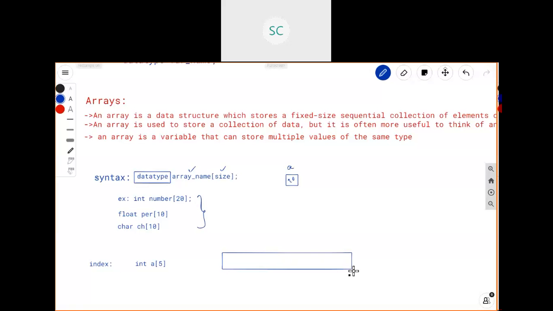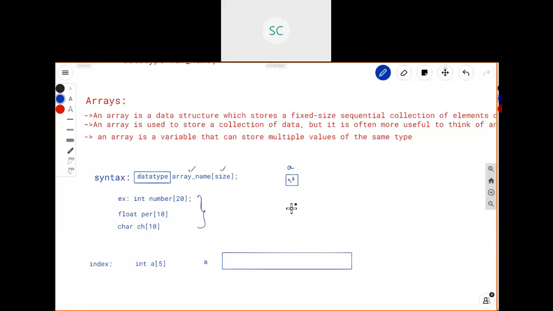This is an array, and you are giving a name for it, as a. This is array a. It is going to give 5 boxes here. If it is a variable, it gives only one box, right? Here it is going to give 5 boxes.